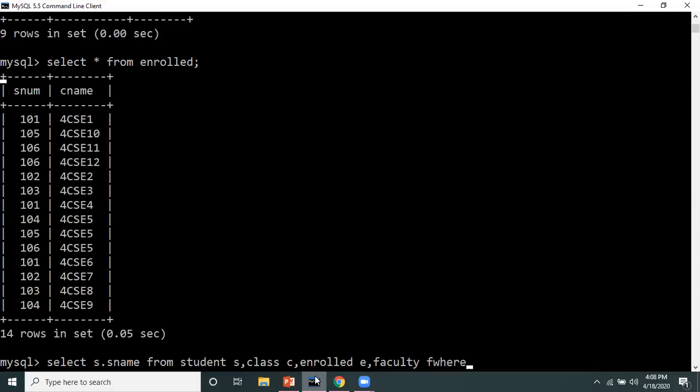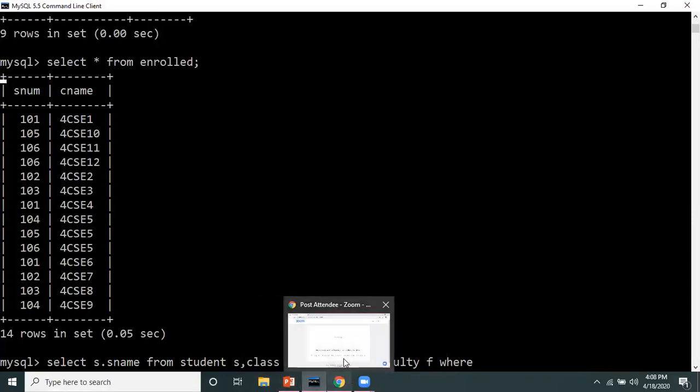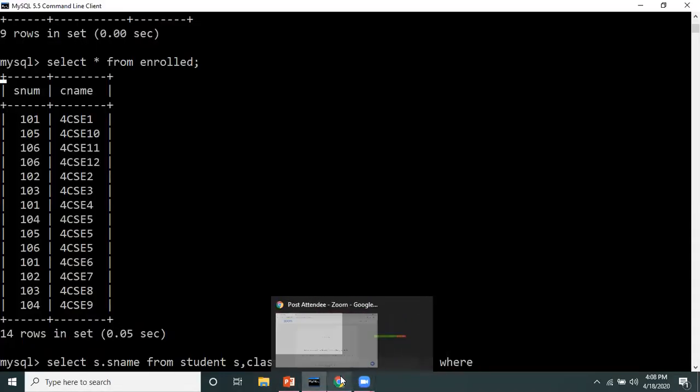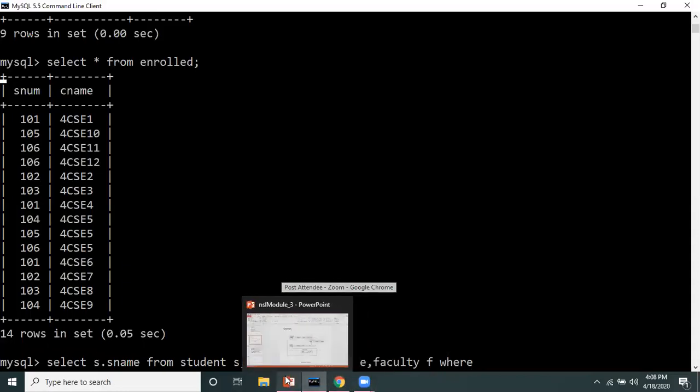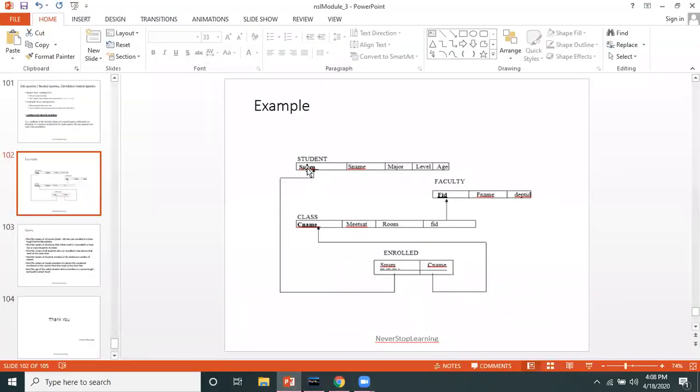Now I'm giving the condition, where. If we check the schema, this snum of student should be equal to snum of enrolled, and after that the cname of enrolled should be equal to cname of class.